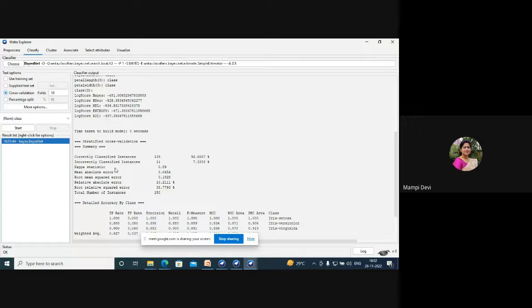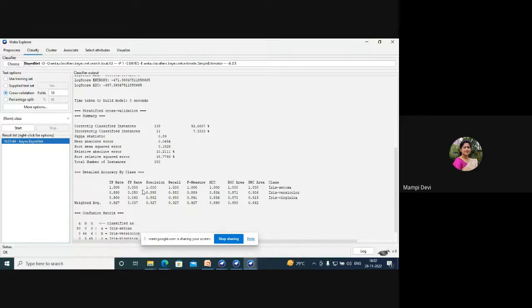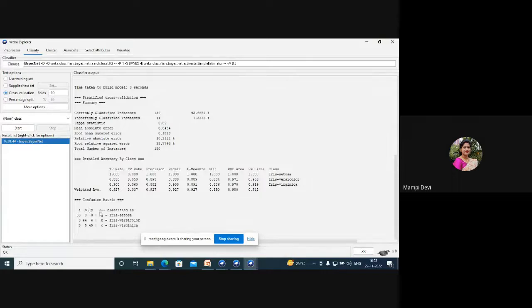And these are some errors that are shown in machine learning. These error measures are available, and the detailed accuracy by class you can see: TP rate, FP rate, precision, recall, F-measure, MCC, ROC area, PRC area, and class. So this is the detailed accuracy by class. And one confusion matrix is there,